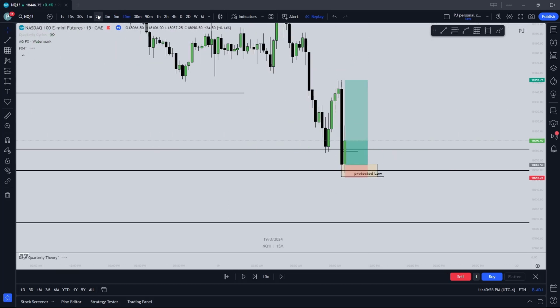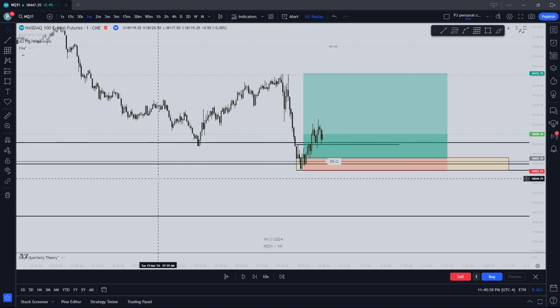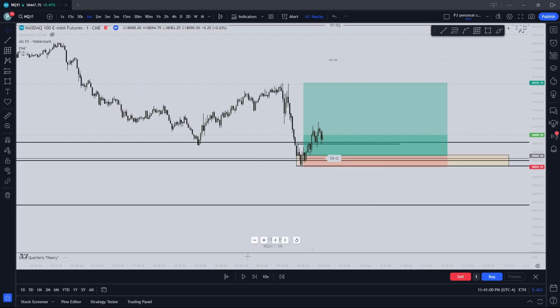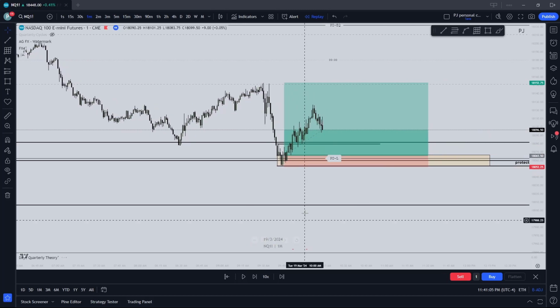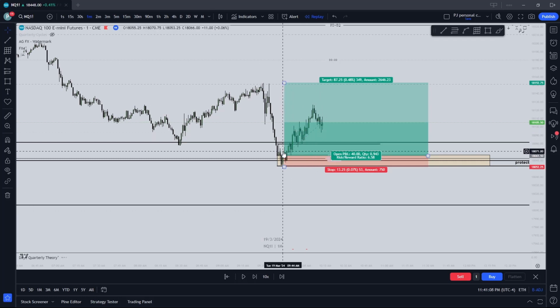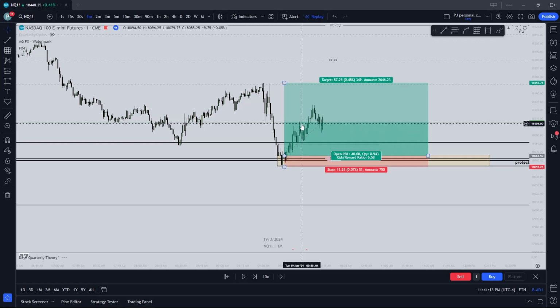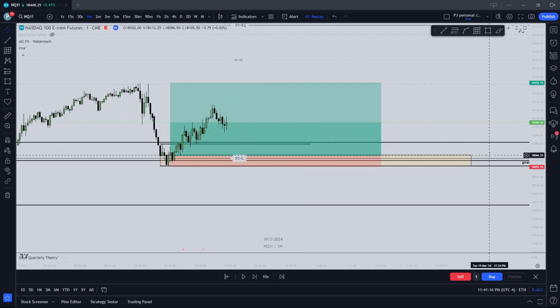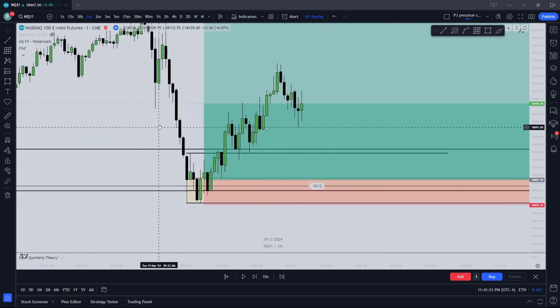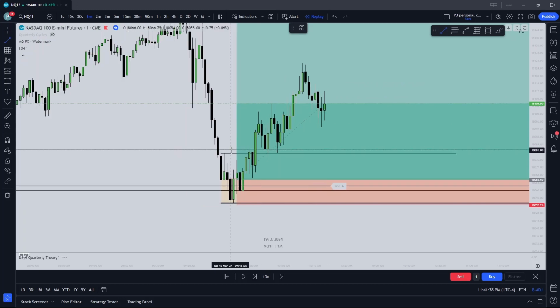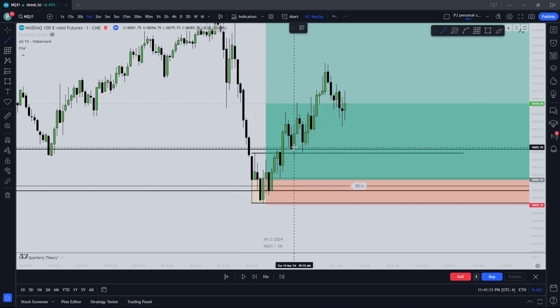And then within our rejection block model, you'll see a version of the CISD model. We have our CISD order block react to the 1 minute rejection block, right? See how this candle, or wait, which candle was it? Oh yeah, this candle